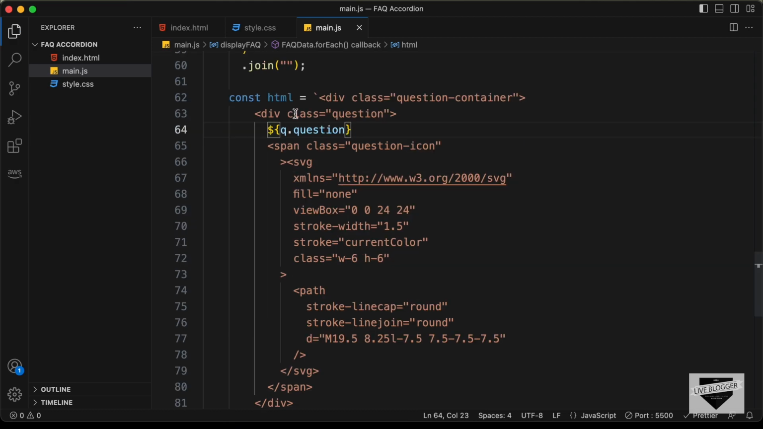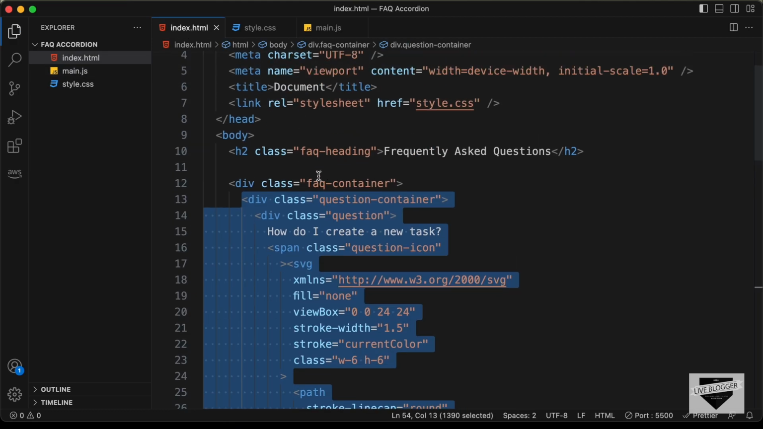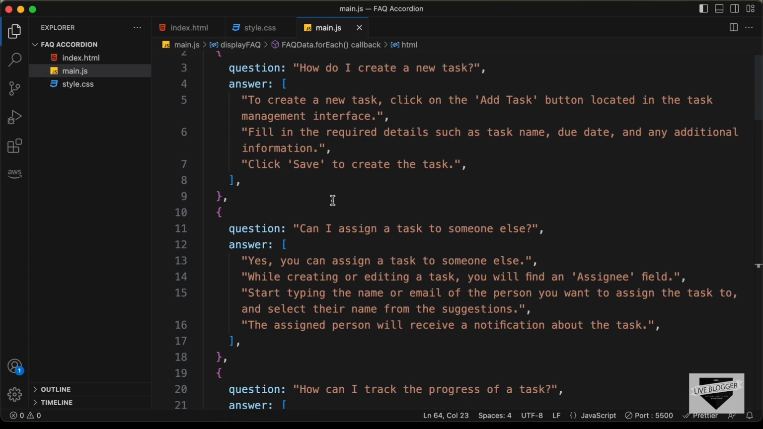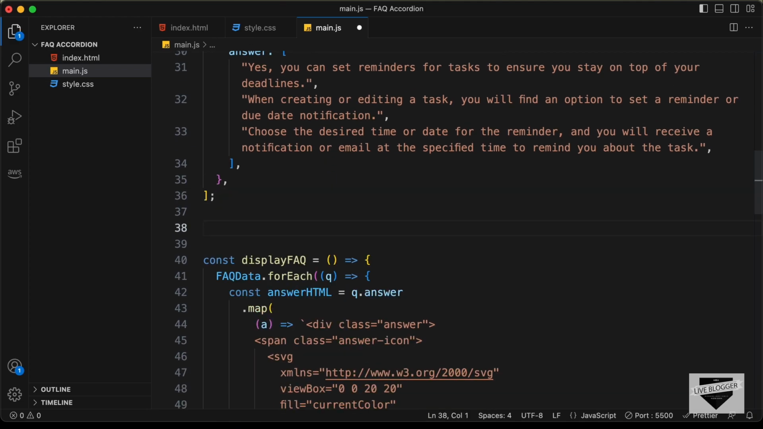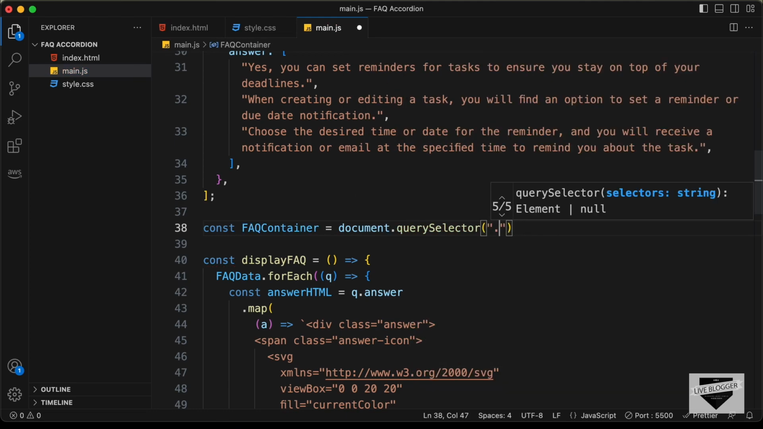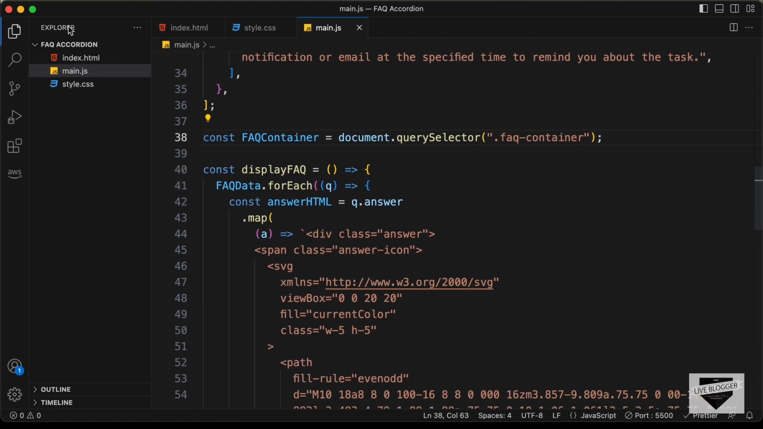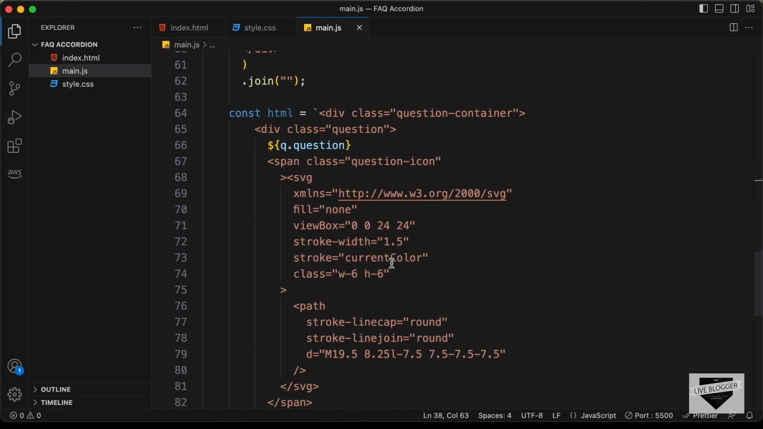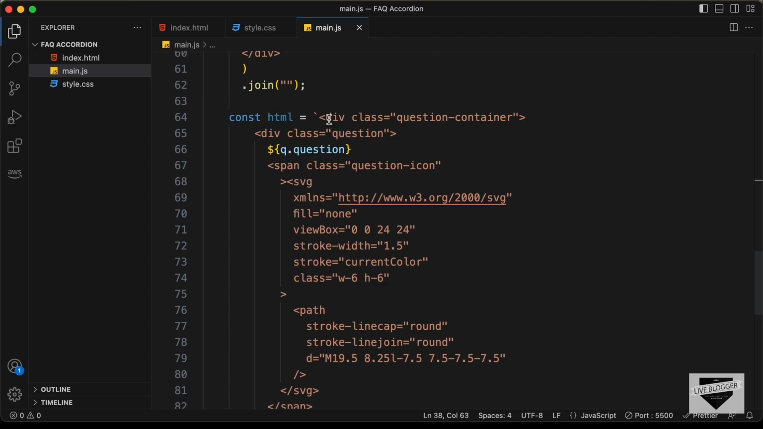Right, now what we need to do is add this to this FAQ container. So let's go back to our main.js file and reference the FAQ container. Let's type const FAQ container equals document.querySelector, and we have a division with the class of FAQ container, and in this we need to add the division with the class of question container. Now here we can see that we have already added this division in the HTML. So I'll just cut this from here and we'll create this division and add it to the FAQ